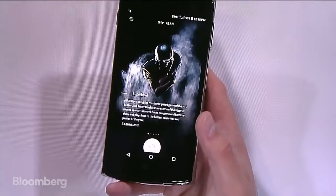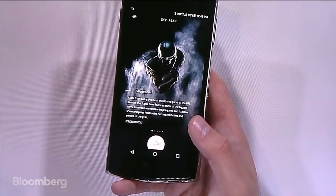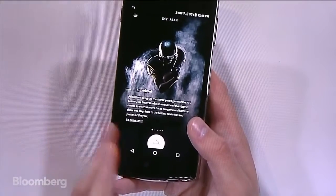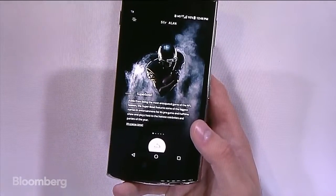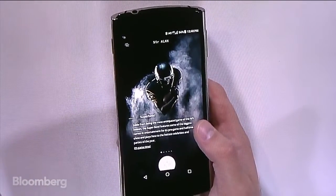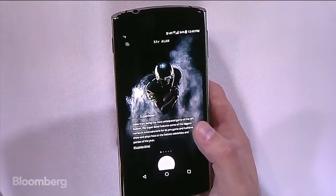If they're able to get this device out by the end of the year, like they say they're planning to, and they're able to ship this thing at no cost hardware-wise and $500 a year for the first 2 years for the concierge, I think there's going to be a good number of people who are going to want to buy this phone. When I spoke to the CEO, he said they want to sell 1 million of these things. I think that's a wild dream and it's not going to happen, but there might be some market for those if the phone indeed comes out when they say it will or how it will, that would want a phone